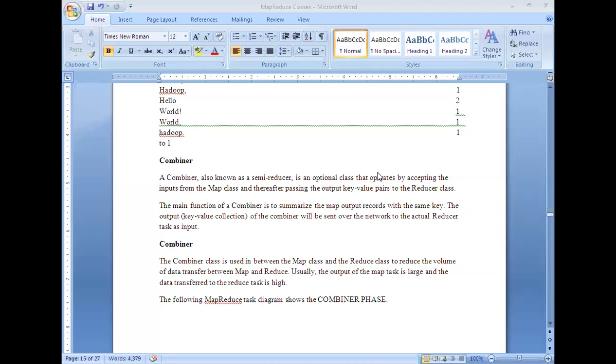Usually several mapper logics will produce intermediary outputs. All the intermediary outputs produced by the mapper logics need to be supplied to the reducer function.